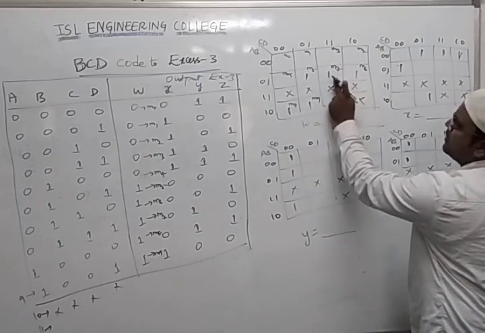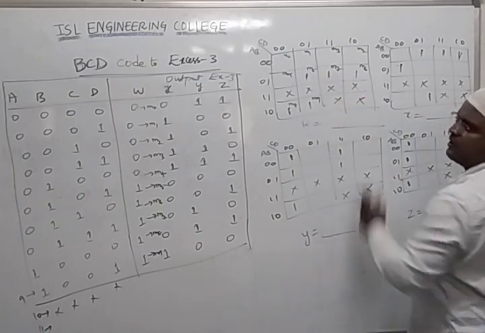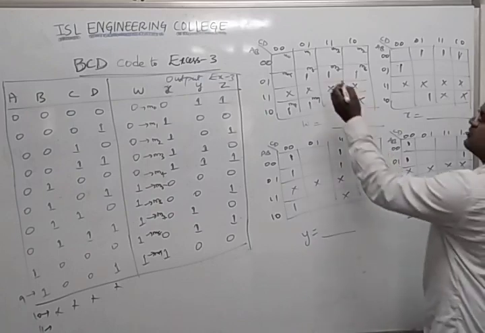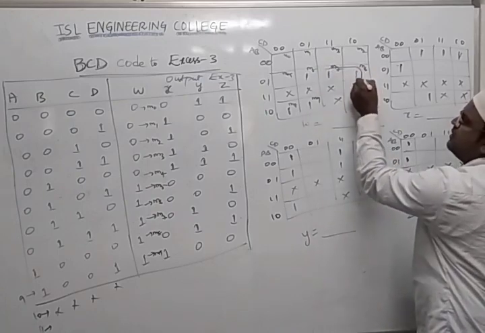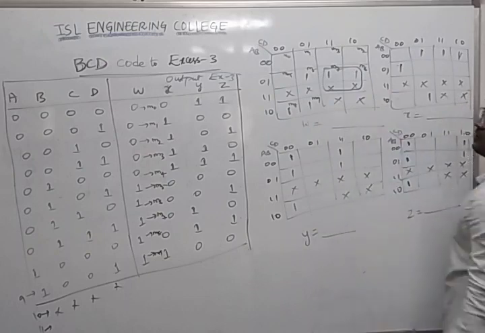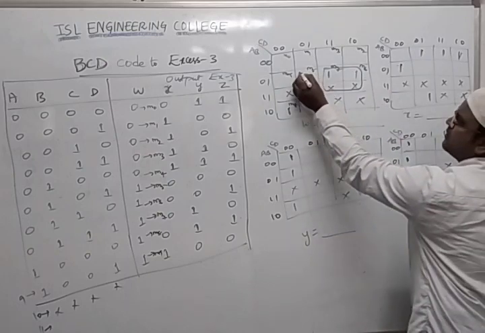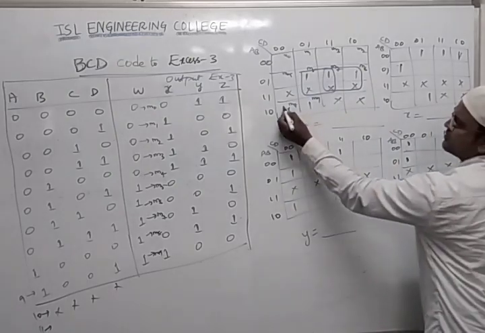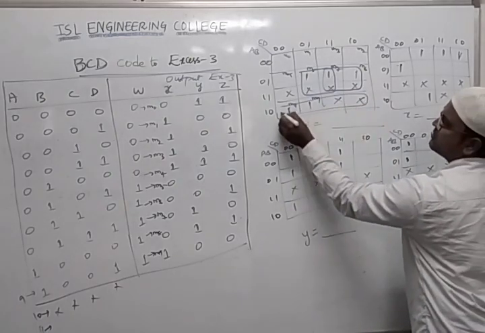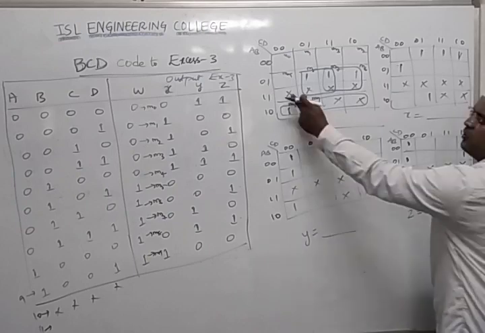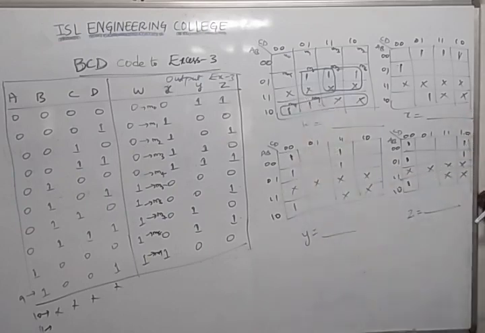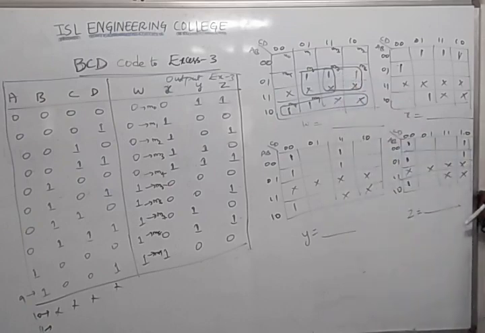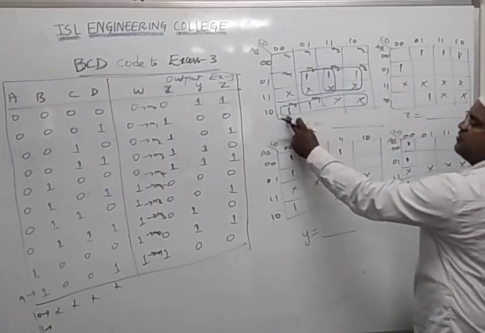I can combine these 1, 1, 1. 3 I cannot combine. I can combine either 4 or 8 or 2. So I can combine this 4, like this. Again I can combine this one. So I got two quad combinations, and this straight one I can combine, so that all my ones are covered. Here the don't care is left. Leave the don't care, we are not talking about it. We are only seeing ones. For combining ones we are considering don't care.